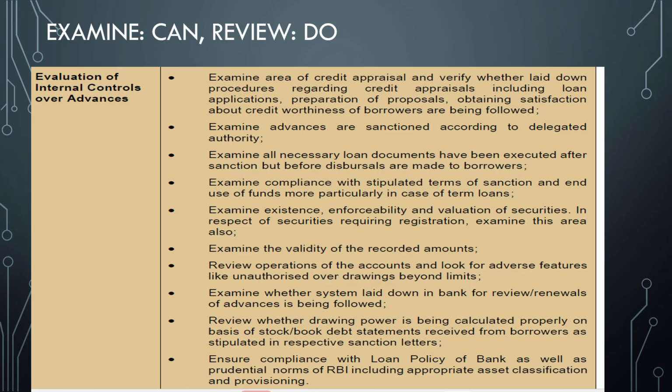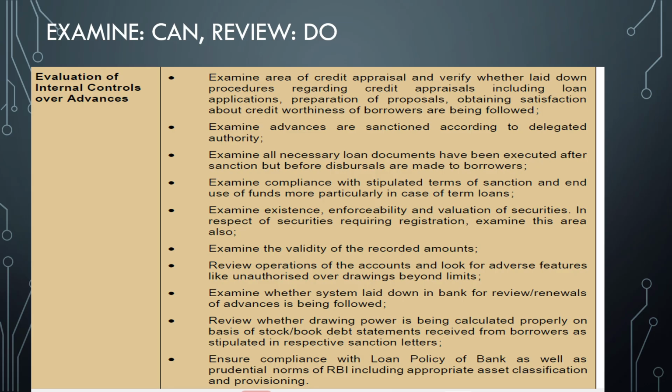So the question is, what are the suggestive audit procedures for evaluation of internal control over advances? If you just read it, it will be very tricky, but the simple shortcut is: examine the CAN and review the DO. That's it. So what are the things? The CAN stands for, first one,